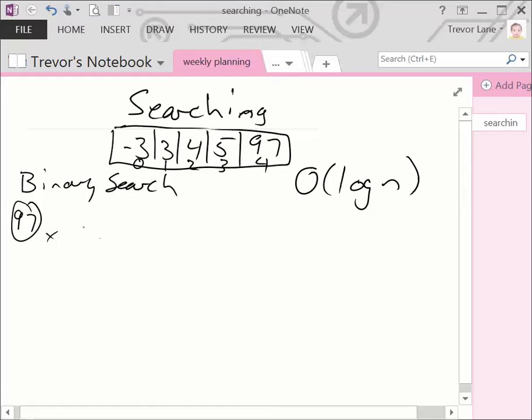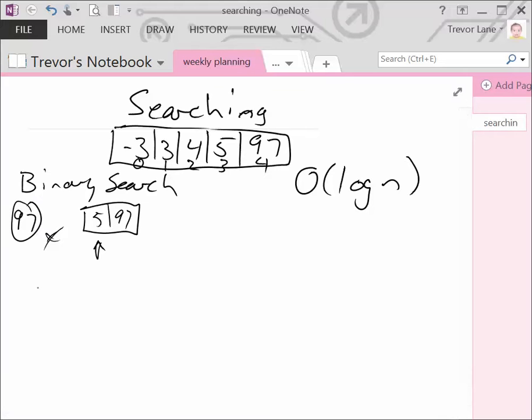So that means the next step is to look at only the elements left over, which are 5 and 97. So we have to find the midpoint again. Now let's assume that we round down. So that means the midpoint of this would be the value 5. We say, well, does 97 match the value 5? No, it doesn't. So again, we failed on that. So we have to recurse, and we recurse by dividing the list in half. We divide the list in half by taking the midpoint and everything to the left. Well, there is nothing left, so we don't have to worry about that. But to the right is another value,